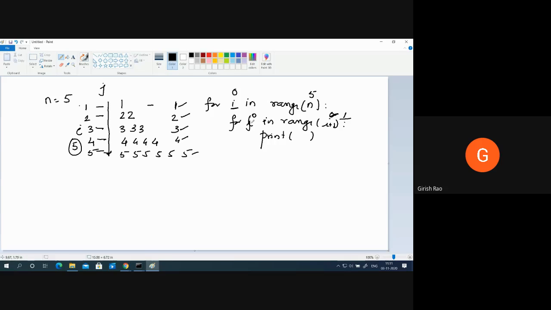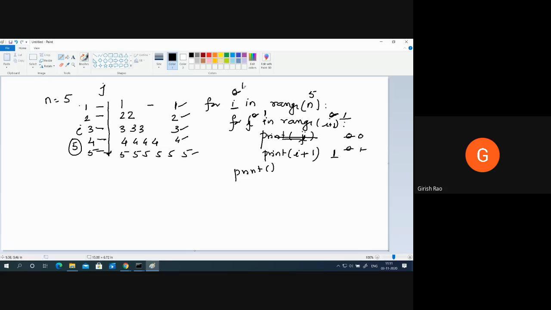So when you say I plus 1, what is it? 1, right? So here what happens? I'm printing the value of j. But what will get printed? If you print the value of j, it will always get printed as 0. Yes or no? Next time it will get printed as 0, 1, which is not the case I want. So let's print the value of I. But I is 0. Yes or no? So instead of print I, what should I type? I should type print I plus 1. Now what is the value of I? I is 0. 0 plus 1 is 1. Now j becomes 1. Is the loop false? Yes. Take the cursor on the next line.